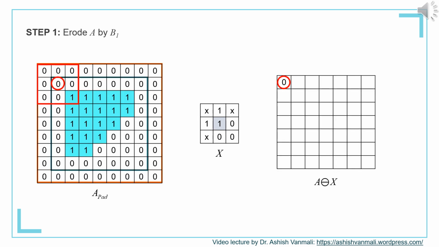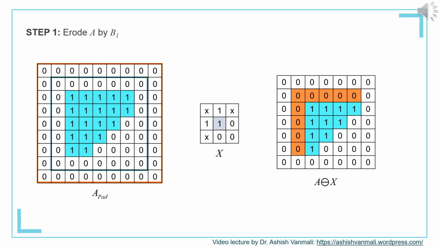When we erode, we will check whether X is totally contained by A or not. So here we will check whether all the ones in X have ones underneath in the corresponding subimage, while keeping the center, and again we will follow the same rule. We will always keep the center of X inside A only. We will find the underneath subimage and check whether that subimage contains X or not. If it totally contains X, then the corresponding result is 1, else the result will be 0. Here you can see the result for the first pixel.